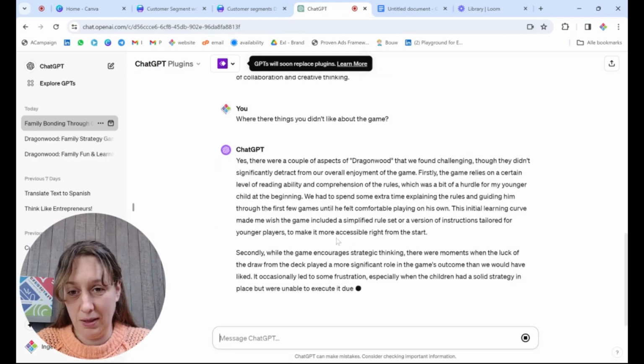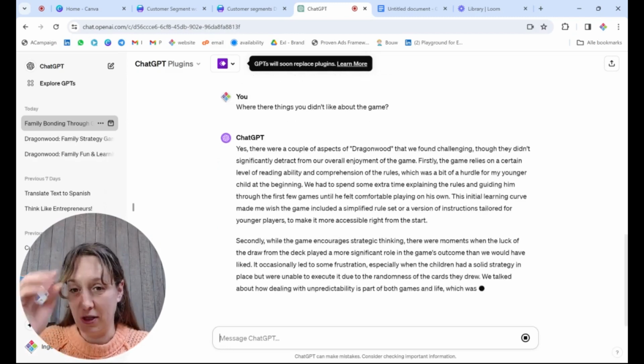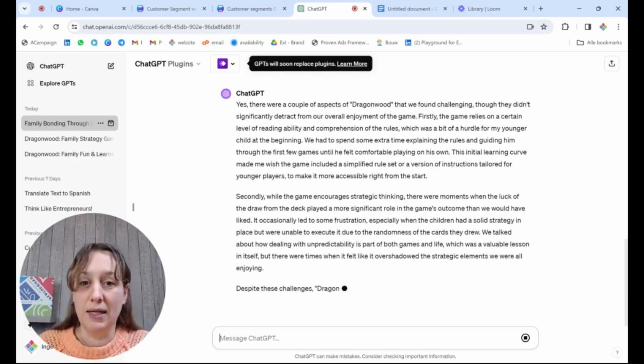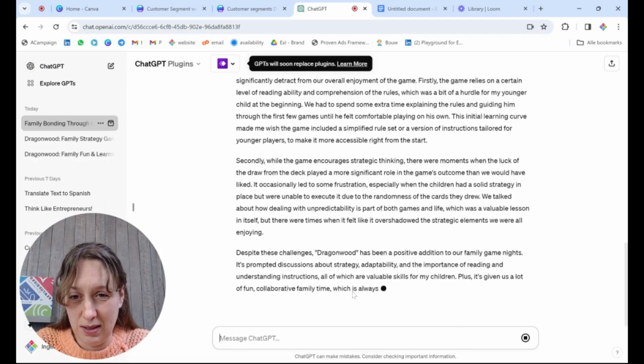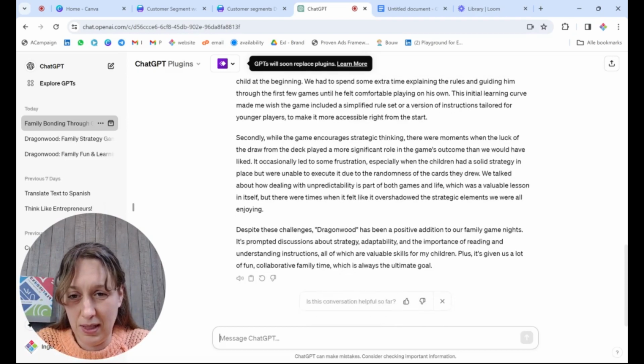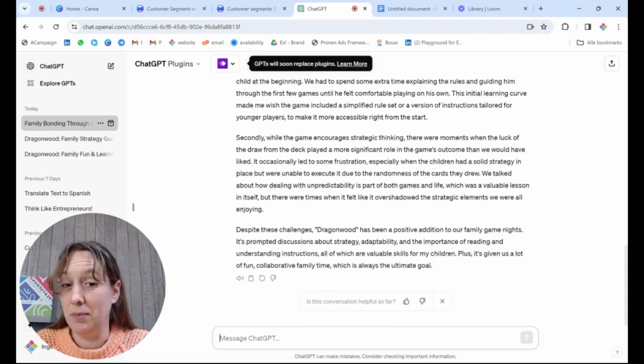Okay, so it may not have been as suitable for the younger child. They had to spend some extra time explaining the aspect of luck. And overall, it's been a positive addition to the family game nights. That's great. Cool. So let's explore some more.